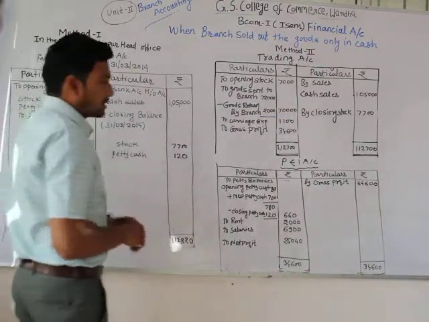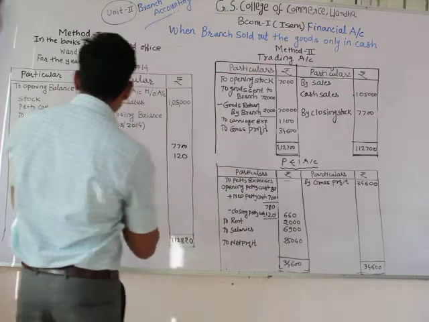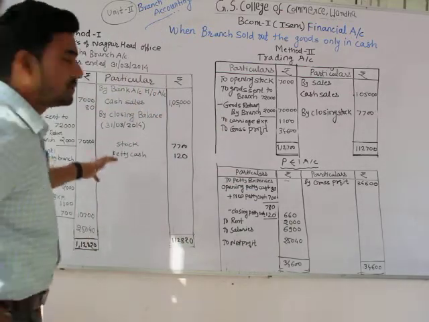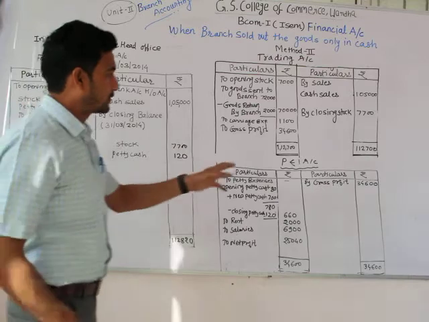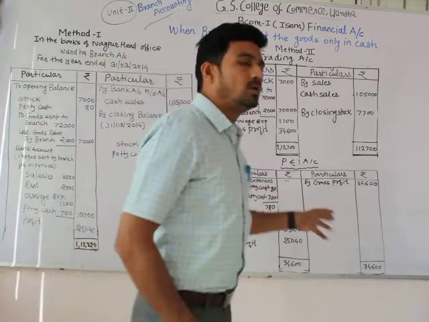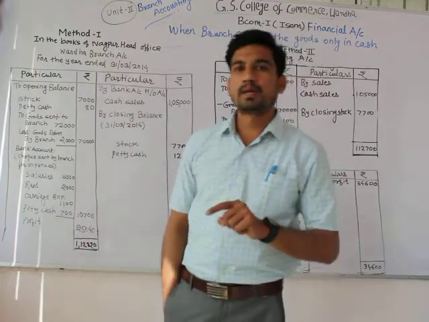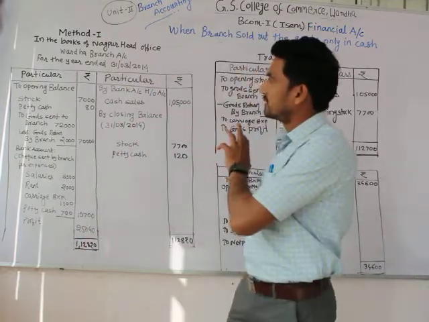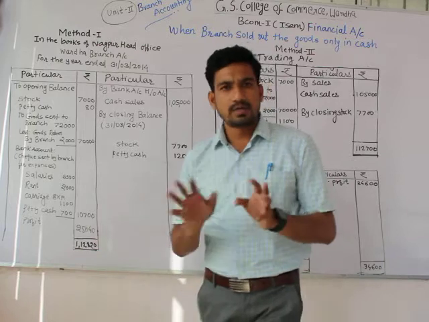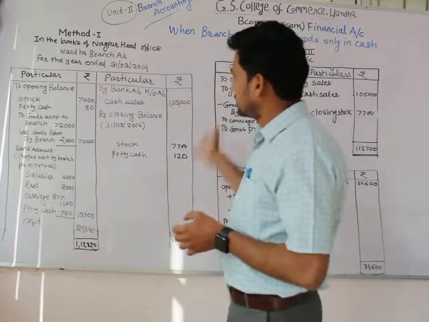As I mentioned earlier, all those items are clubbed here. So this is actually a mixture of trading account and profit and loss account, and this is method 2. I am again repeating the same thing. In examination, you don't have to prepare your solution in 2 different methods. You have to select the method you are comfortable with, and you can solve the problem.